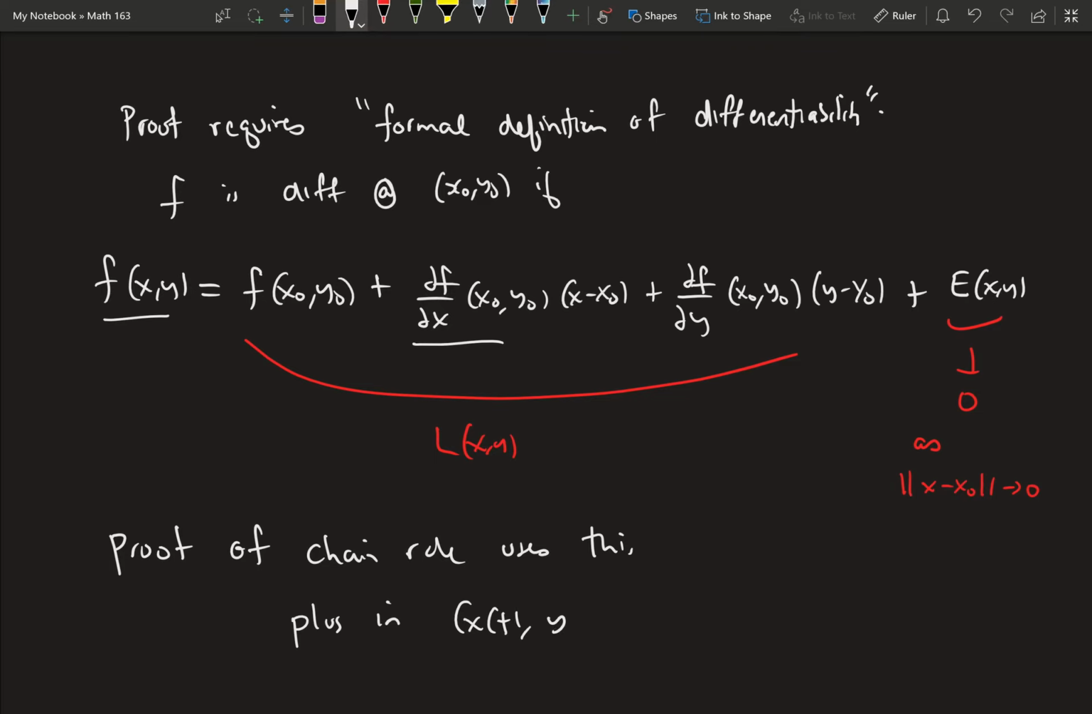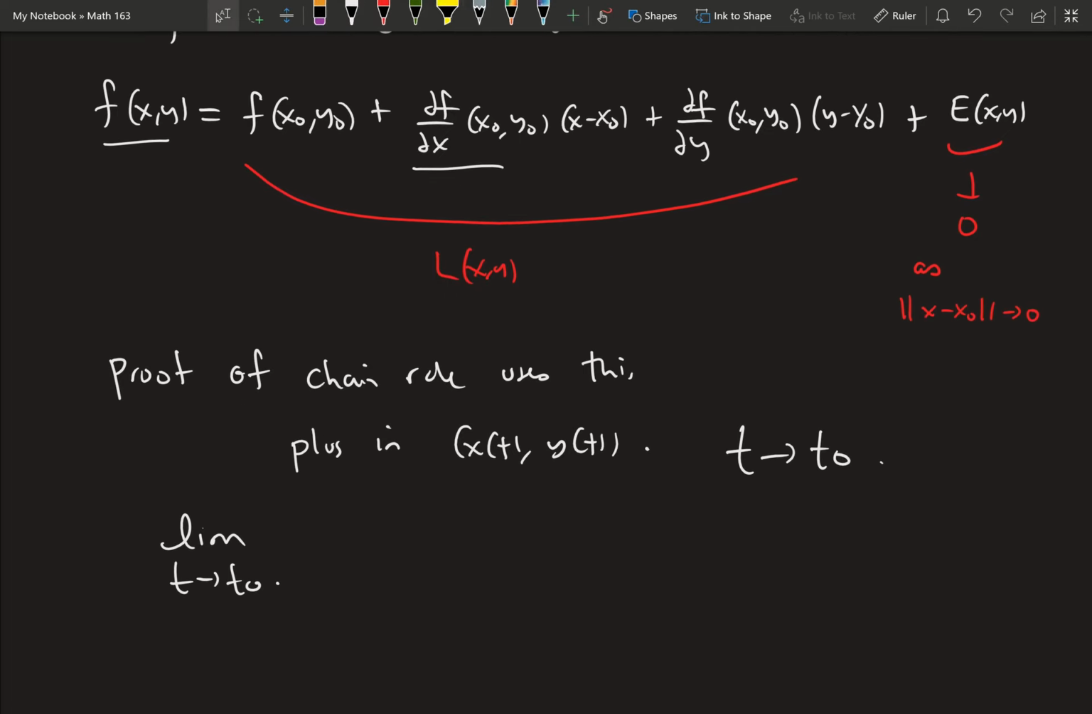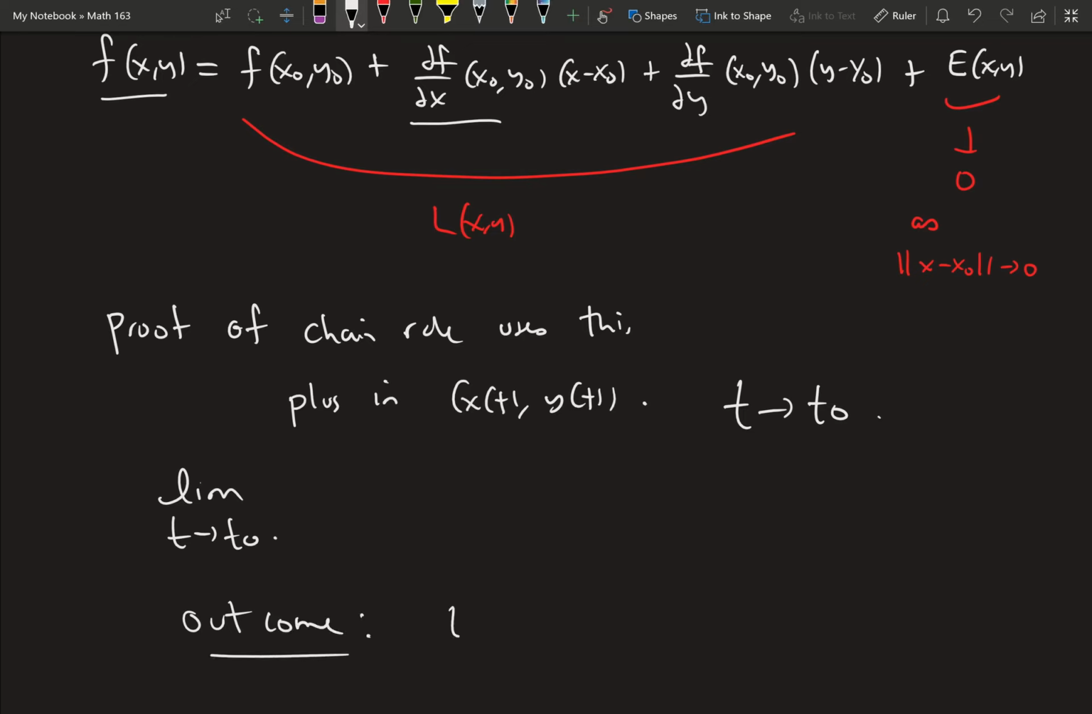x of t, y of t, and we take the derivative with respect to t at some particular t value, t naught. So you plug those in and you essentially take the limit as t goes to t naught and see what happens. That's essentially the process, and the outcome is that the e of x of t, y of t term, when it all gets done, goes to 0, and what's left is